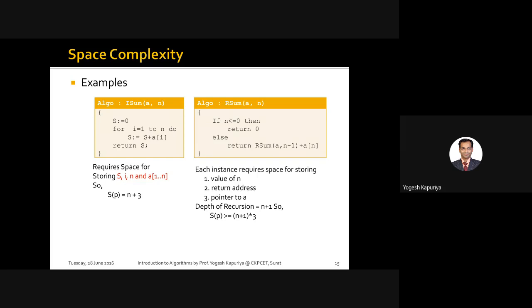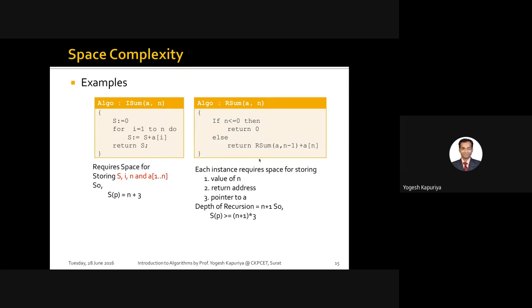So what is the approach? We are using recursion. When we are using recursion, it means that we want to calculate the sum of 9 numbers and then you add the 10th number into that. So that will give you the sum of 10 numbers. If you write that as an equation, it becomes something like this: RS of n is actually RS of n minus 1 plus A of n.